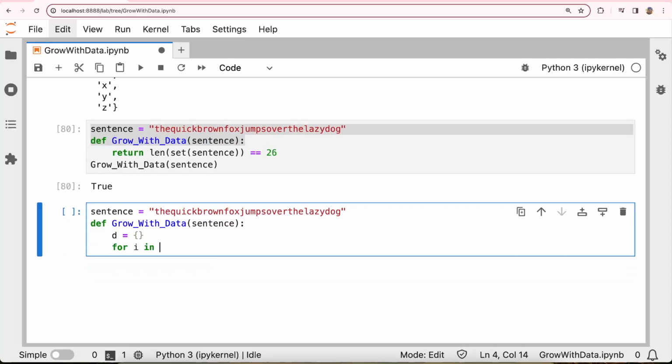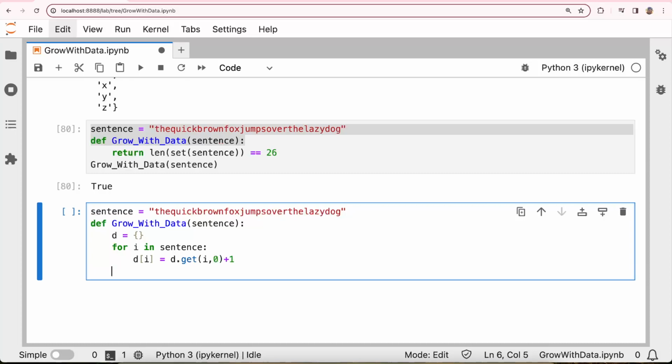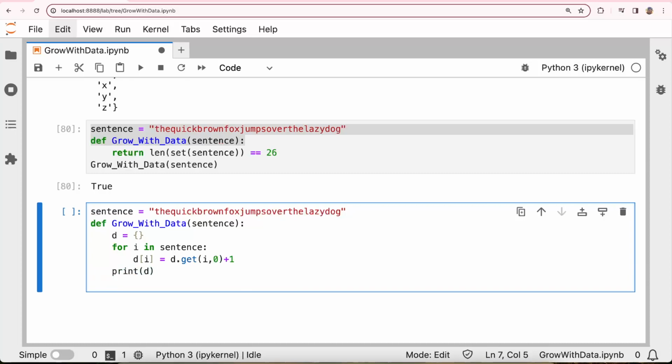So for i in sentence, this will read every character, and then for every character you get, if the character exists, then get the count. If not, assign 0 and plus 1. So we can say print d to see how it works, and then we can return the length of the dictionary